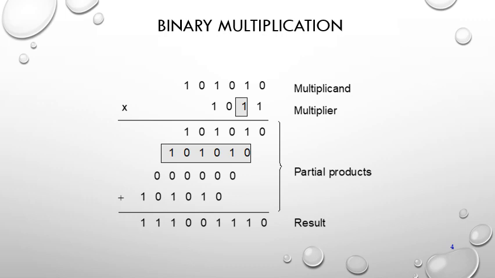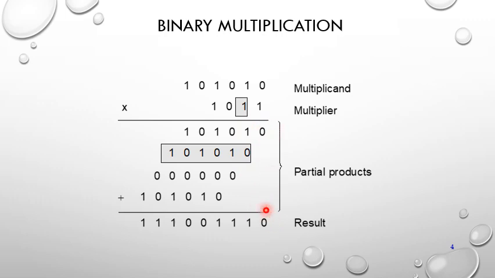In the multiplier, where we have 1, the same multiplicand is presented in that row. Where we have 0, just 0 is presented in that row. In the third row we have only 0, because the third bit is 0. That's why in the third row the partial product has only 0. After that, the multiplication is over. Then we add these partial products, and only then do we have the final result.